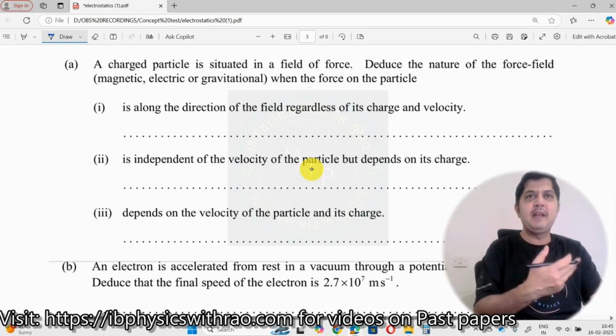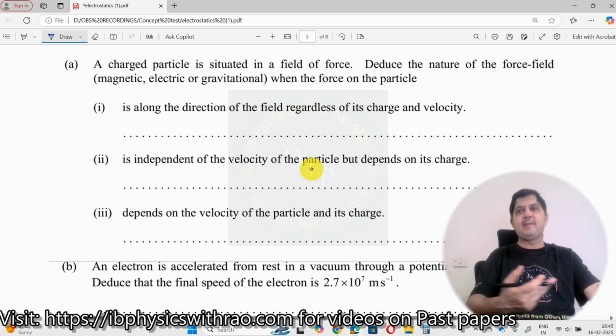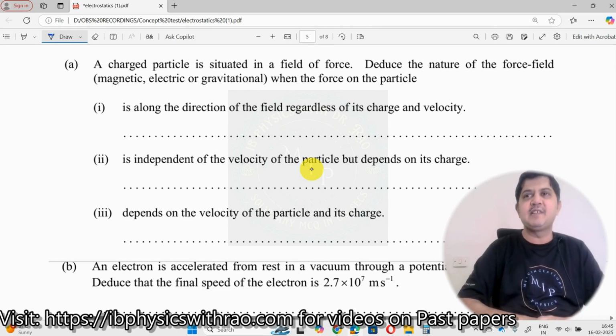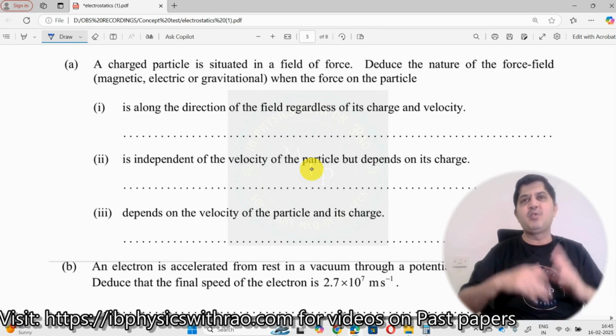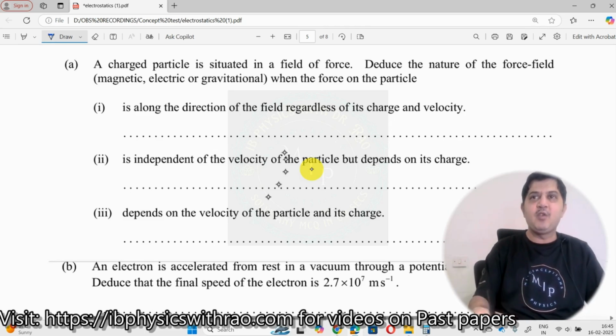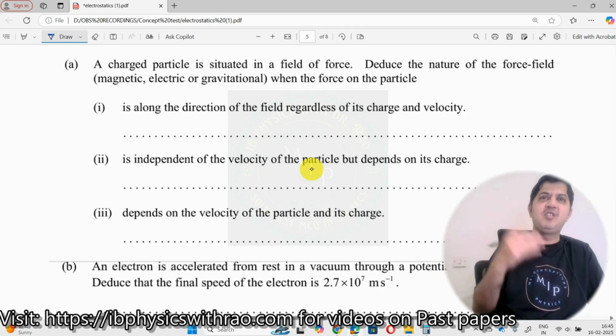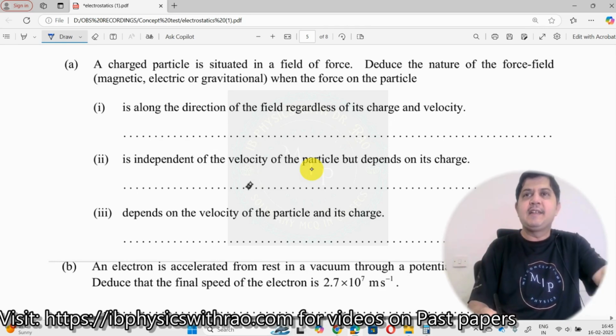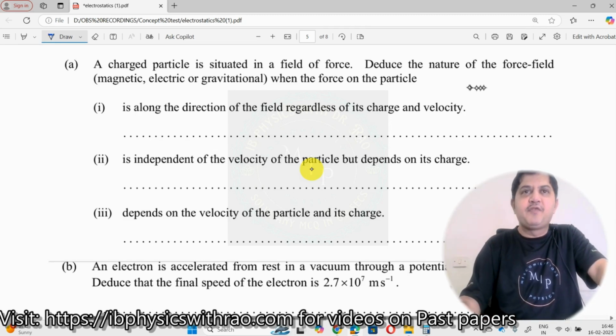In my lecture notes, but still, if you do these kinds of questions, you will get to know how cross-disciplinary questions can be asked and answered. Really a very lengthy question. Then deduce the nature of the force field when the force on the particle is along the direction of the field